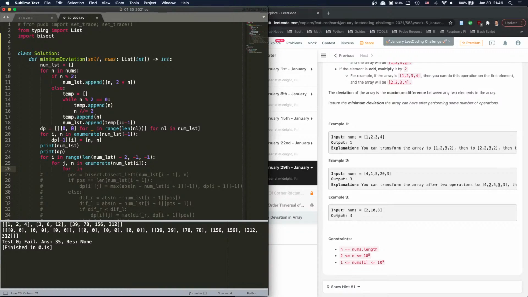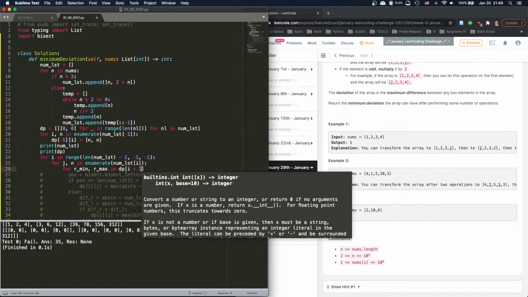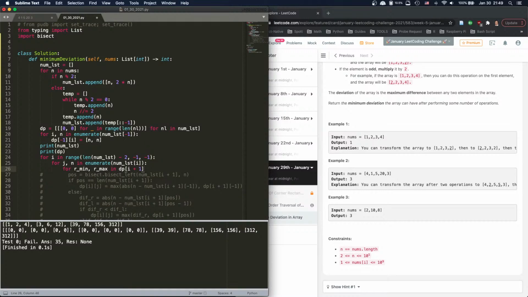So we have for range, now in dt I plus 1, right? I plus 1 is this, and for each one, and then I'm going to say